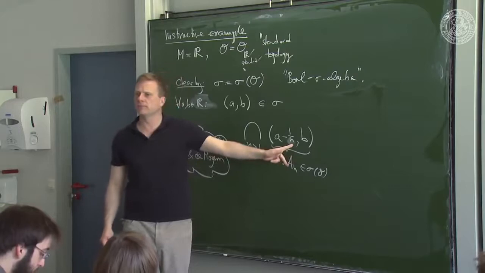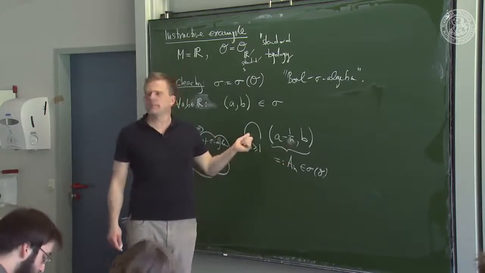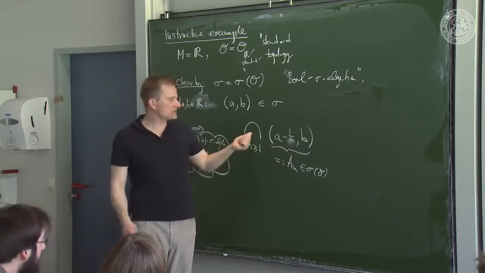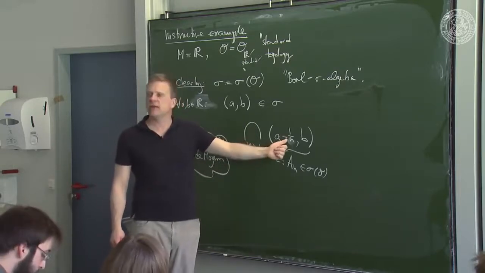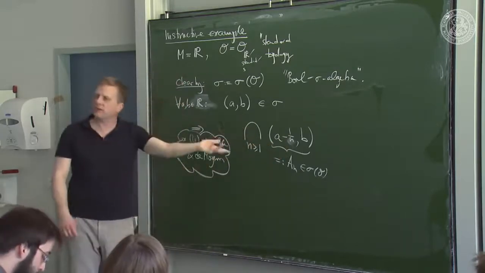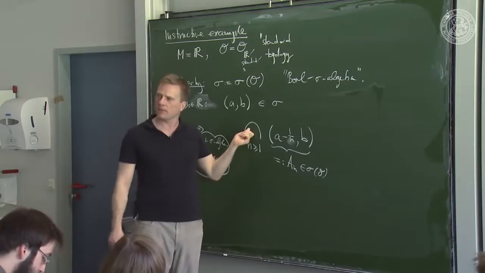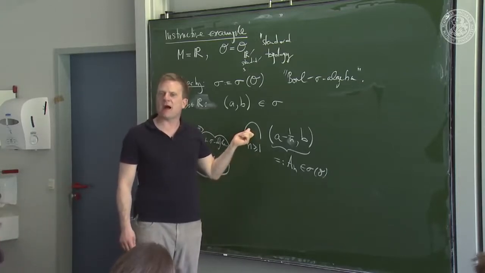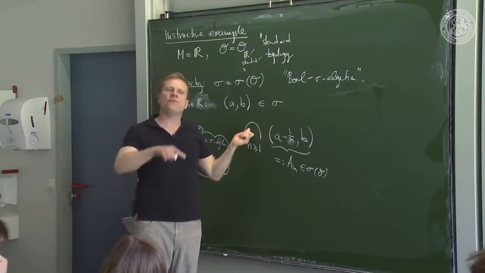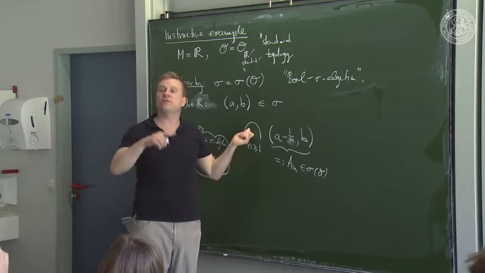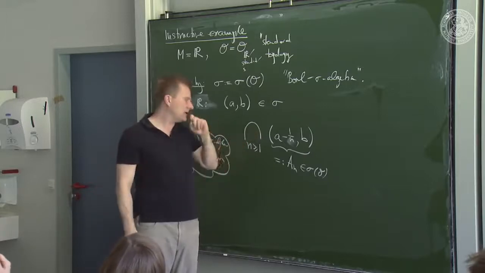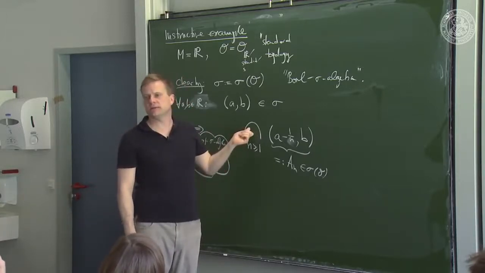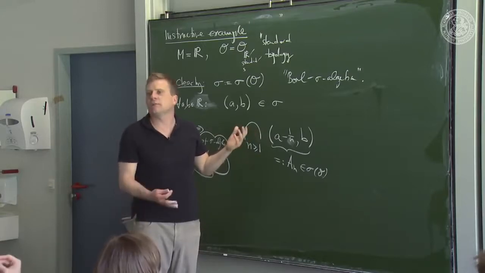You agree? Now I take an at most countable intersection of such, according to the axiom. Well, it's like the union, but with the complement, via De Morgan's rule, it's the same thing. So remember, in topology, it's not the same thing. In topology, arbitrary unions of open sets are open, but only finite, not even countable, only finite intersections. Here, countable unions and countable intersections of measurable sets are measurable sets. So there's no trouble here.